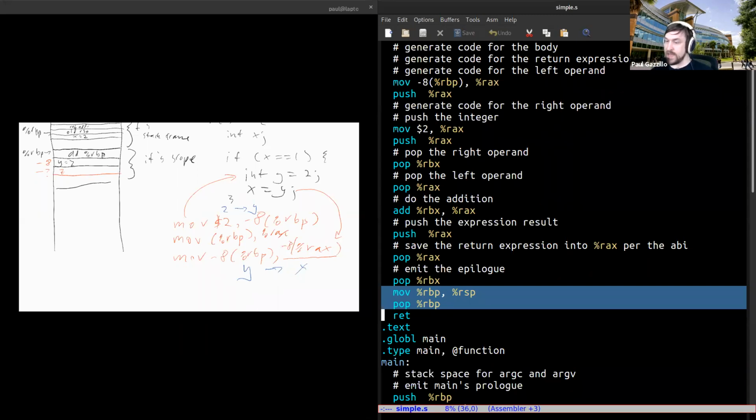We restore the stack frame by taking the current base pointer and setting it to be the stack pointer. If you remember, when we first created the stack frame, the stack pointer and the base pointer had the same address. And so once we get rid of all the local variables, now